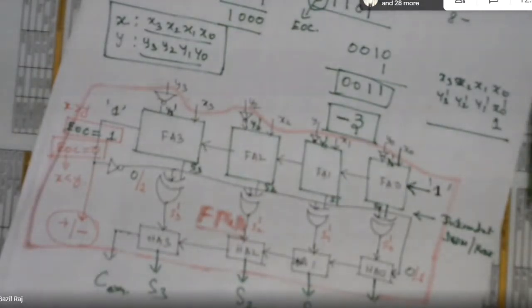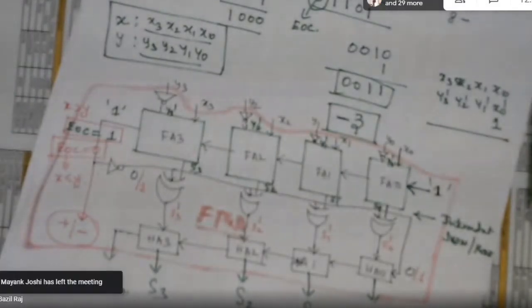These 8 bits are the input into the FPGA. Then the outputs are 5 bits: S0, S1, S2, S3 and C out. Then all the remaining things happen inside the FPGA: inversion, then addition, then again one exclusive OR gate, again inversion, again half addition. Therefore, the final result will be your appropriate result.